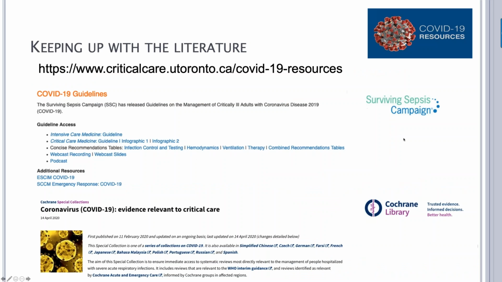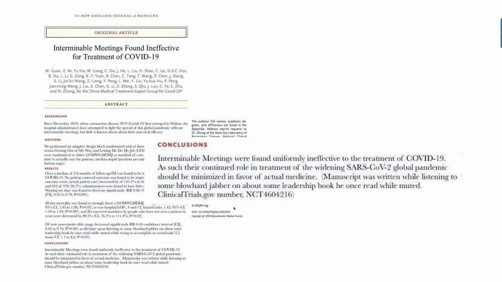The Surviving Sepsis campaign is a very nice, pragmatic approach to the patient in front of you with different recommendations. Some of them Niall went over related to mechanical ventilation, but also other forms of support, as well as providing adequate safety and provision of care for health teams. We also recognize that the Cochrane Library also has an excellent series of articles or systematic reviews as they relate to critical care.